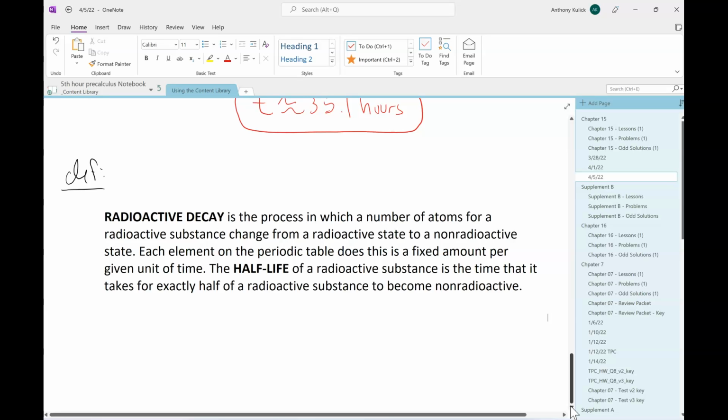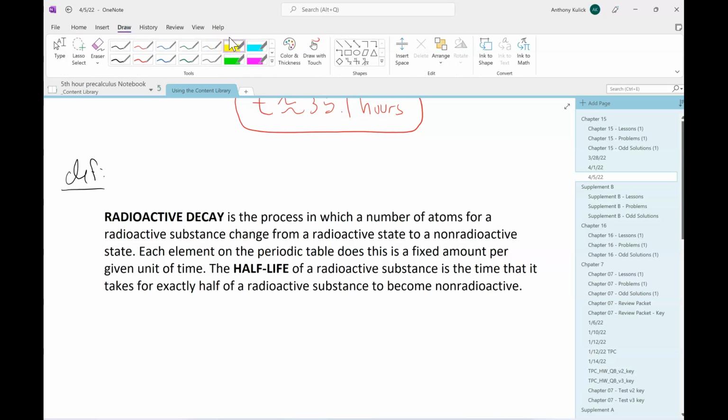What does radioactive decay mean? It's the process in which a number of atoms for a radioactive substance change from a radioactive state to a non-radioactive state. Each element in the periodic table does this at a fixed amount per unit of time. The half-life of a radioactive substance is the time it takes for exactly half of that radioactive substance to become non-radioactive. In terms of us,